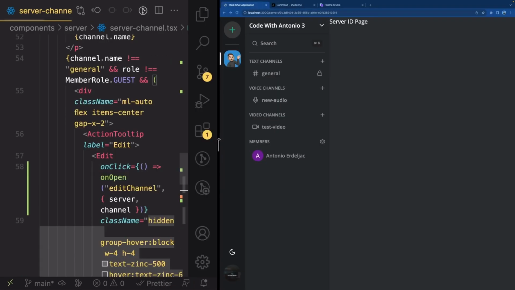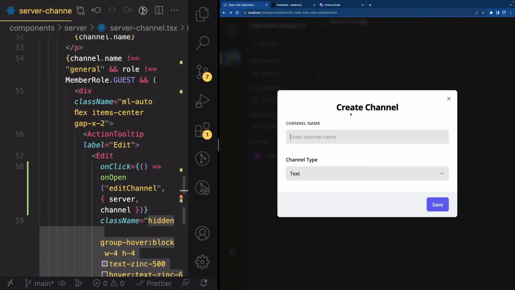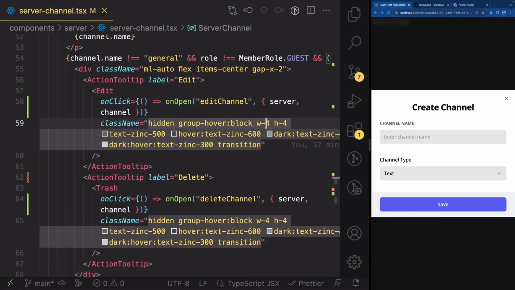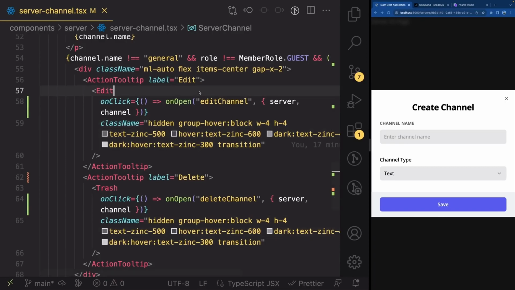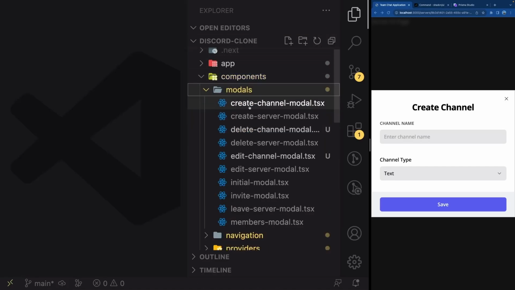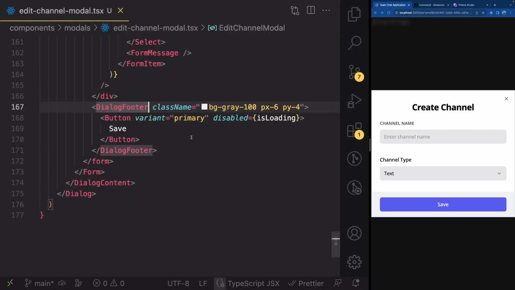Perfect. So now if I try the edit, that should work as well. I just refreshed, clicked on edit, and there we go. We opened a create channel, and we're going to modify it to match the functionality of edit channel. So let's go back inside of the edit channel component, inside of components models, edit channel model right here, and